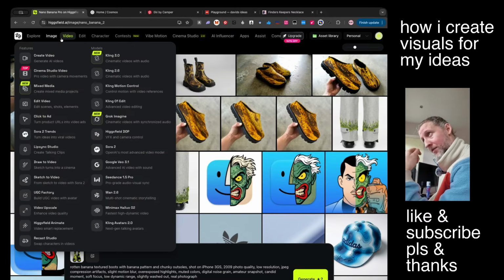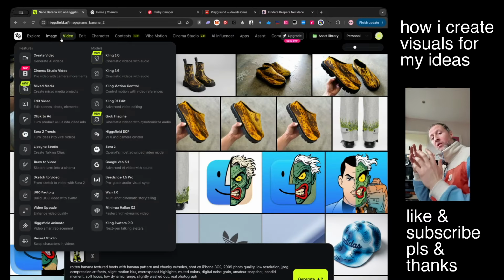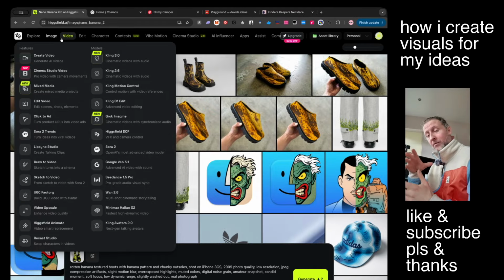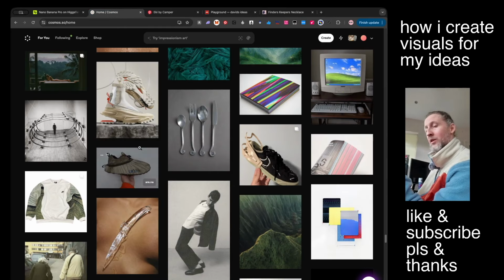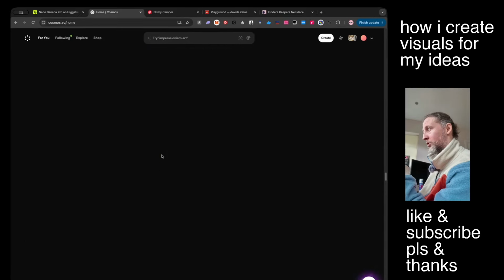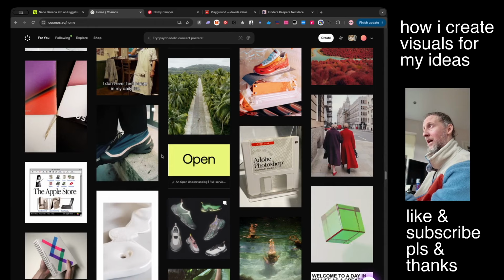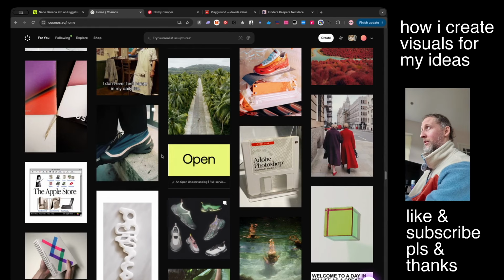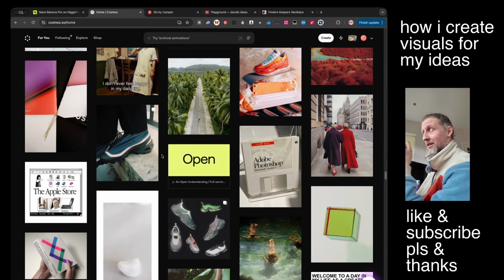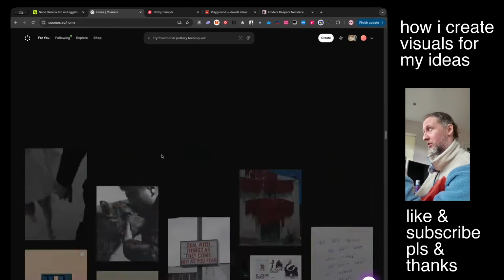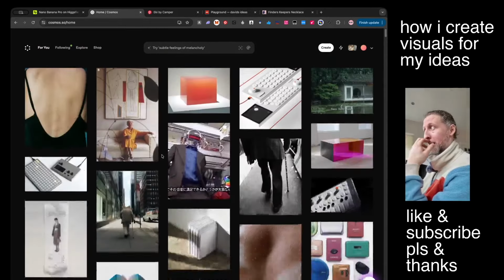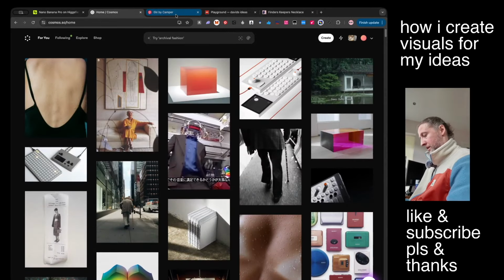Now, to have more control, if you want more control over the results you get from AI, you need to give it better reference images. And that's why I love Cosmos, and that's why I love Pinterest, because you can give it more control. And what separates good AI imagery from just generic is taste. The people with taste will always go further than the people who just accept what AI gives them back. So for this, I'm going to